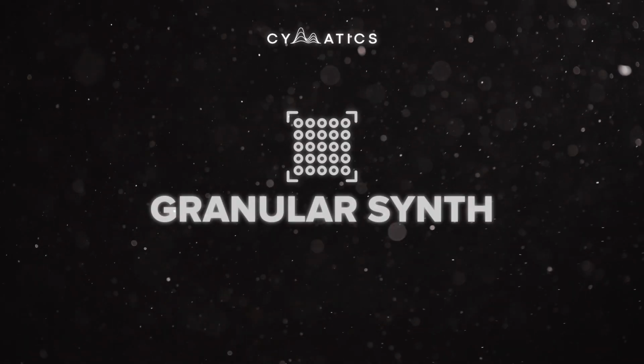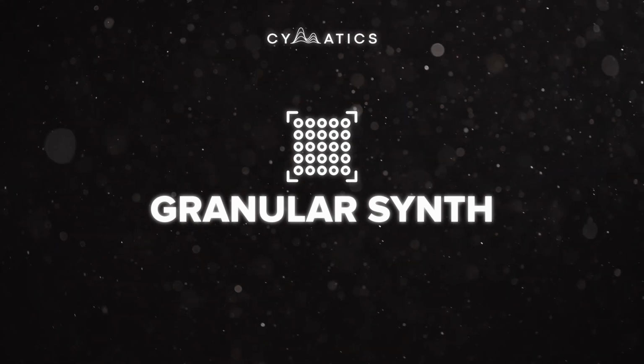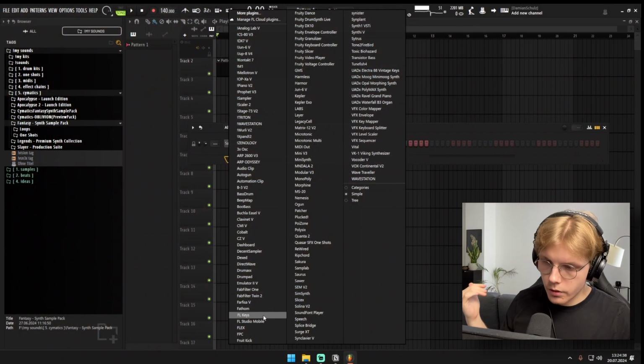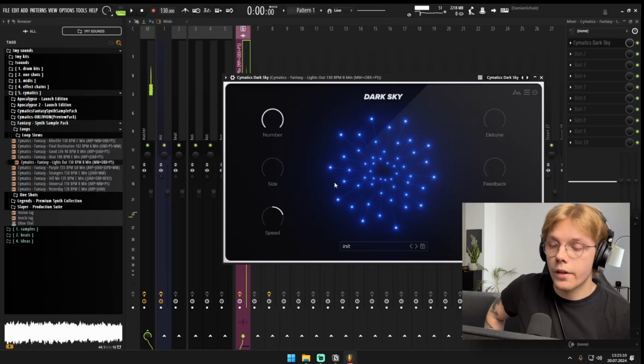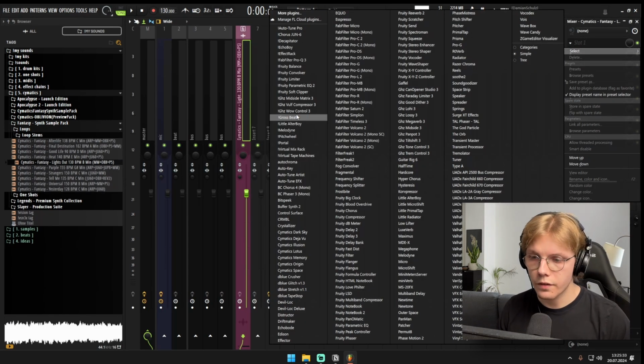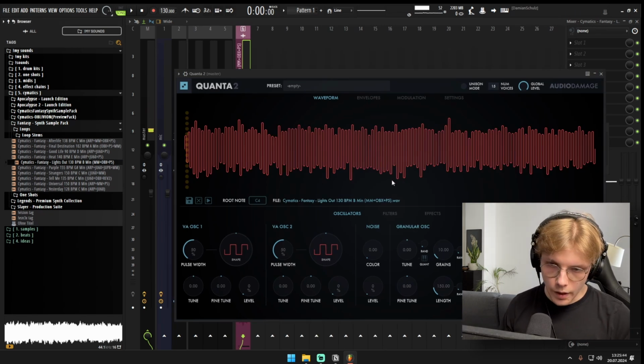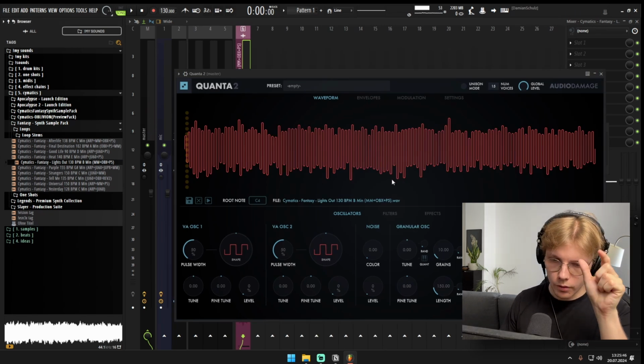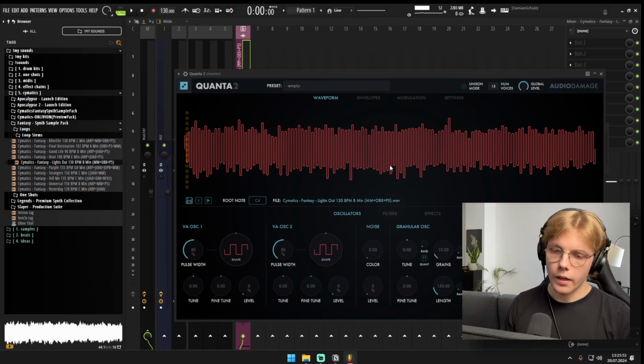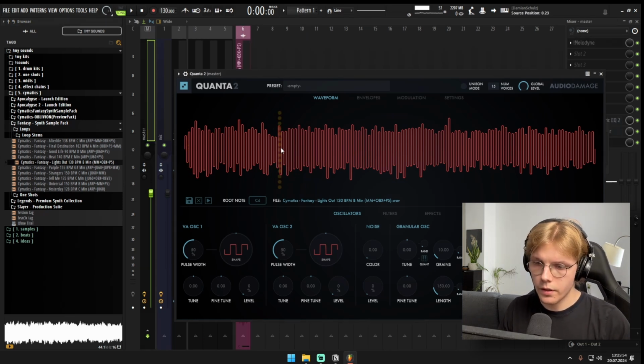So the next sound design technique is Granular Synthesis. You can use different plugins for it. You can use Dark Sky again for Granular Synthesis, but you can also use stuff like Quanta 2. Granular Synthesis basically allows you to take small parts of a sample, turn them into micro samples, and then repeat those in certain patterns. So if we do it right here,